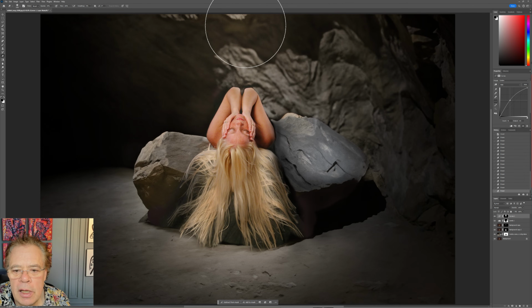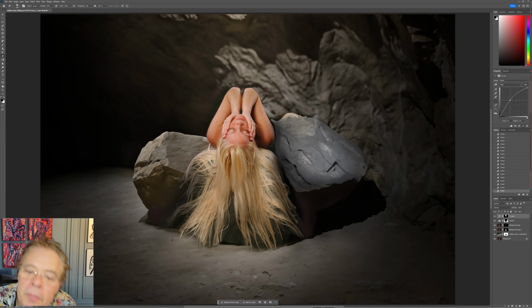And she seems like she's almost enjoying life in the cave, because there's this beam of light coming in. I like that. And we're getting to a story. It's telling a story. It's good. Now,